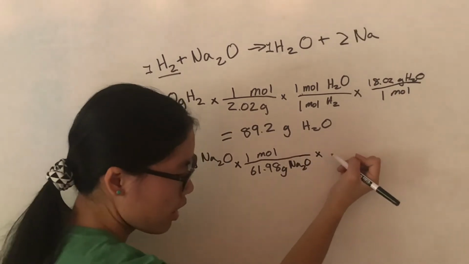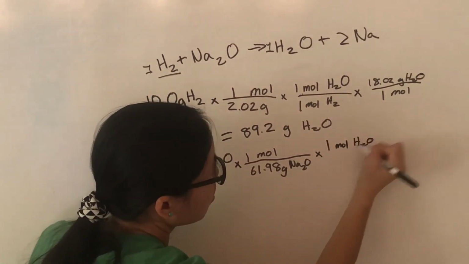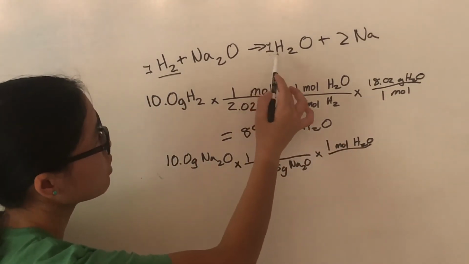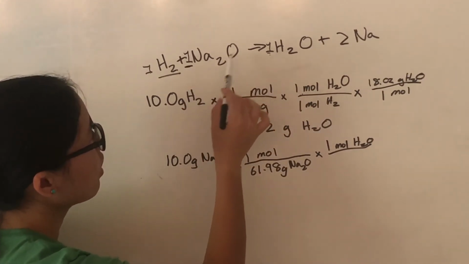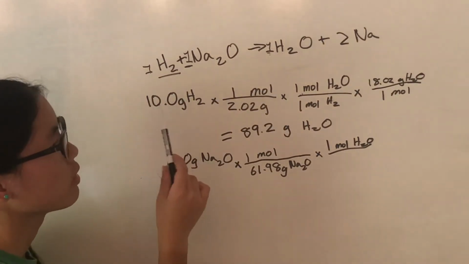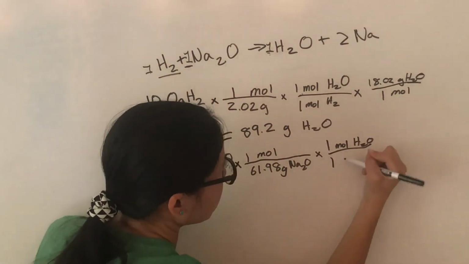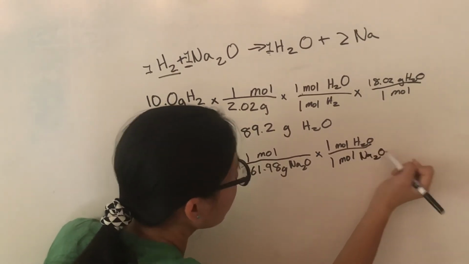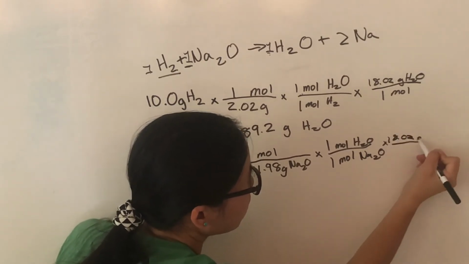You multiply that by the molar ratio, which is the coefficient. So again, you have 1 mole of H2O and 1 mole of Na2O. And the coefficients are often invisible when the number's 1, but when you don't see them, it just means that it's 1 over 1, essentially. So then 1 mole of Na2O, multiply that by the molar mass of water